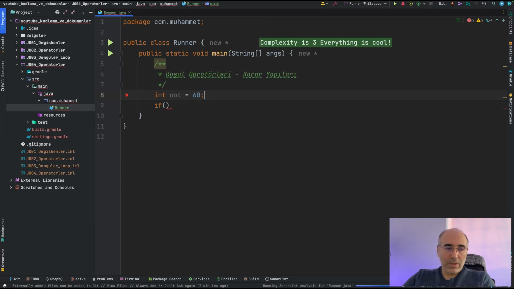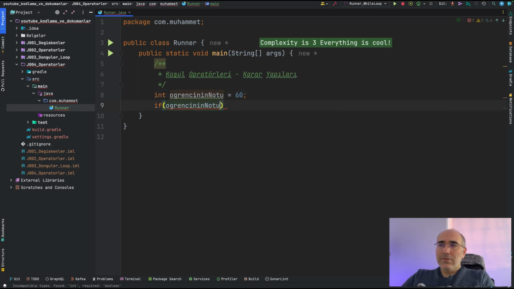The student's grade is 60. We're going to say, if the student's grade, let's write it like this. If the student's overall grade is less than 50%,